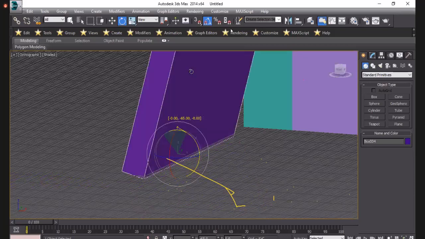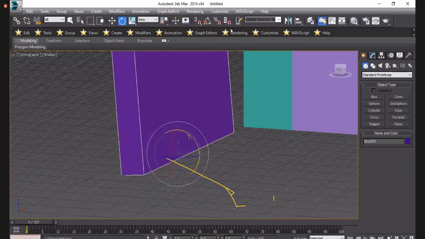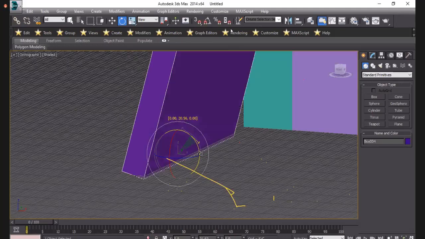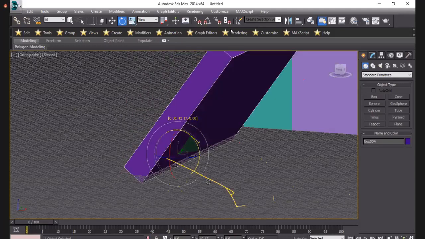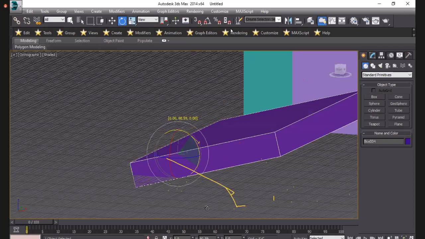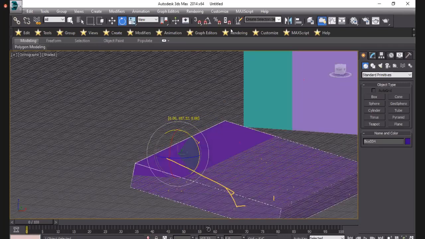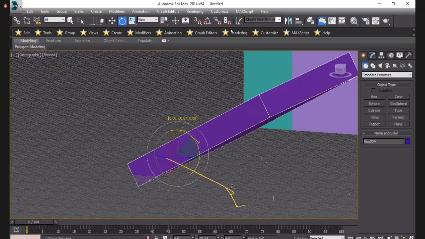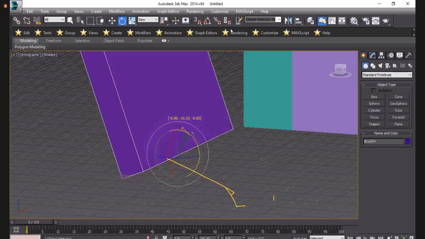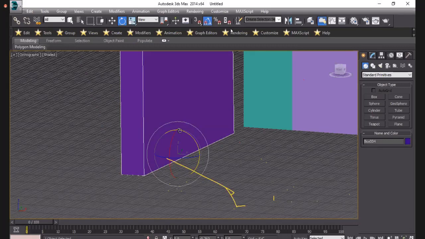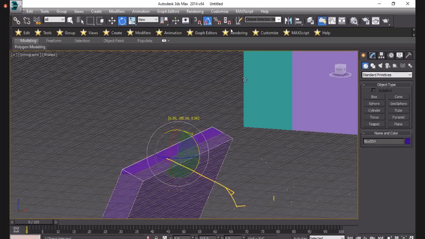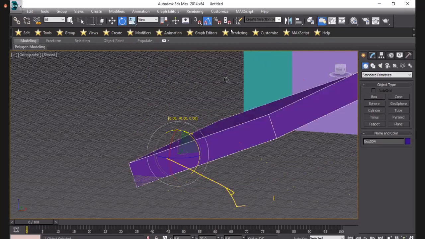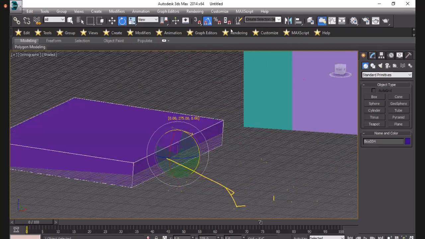And I will deactivate it and simply rotate it, 1, 2, 3, 4, 5, 6, like that. It will take one angle at a time. And if I activate it, it goes with 5, 10, 15, like that.